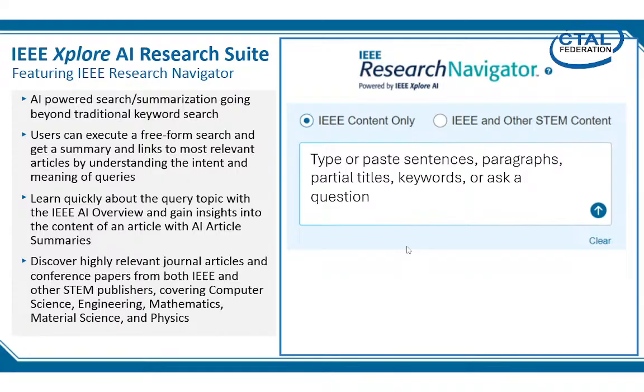The second one is IEEE and other STEM content. So if I select the first one, I'll be only searching IEEE content. And if I select the second one, I will be searching IEEE and non-IEEE, which means other STEM content, together simultaneously at the same time. So you don't need to repeat the searches.